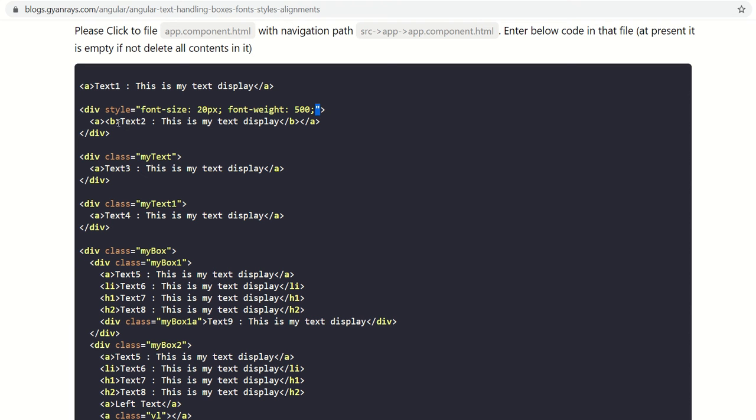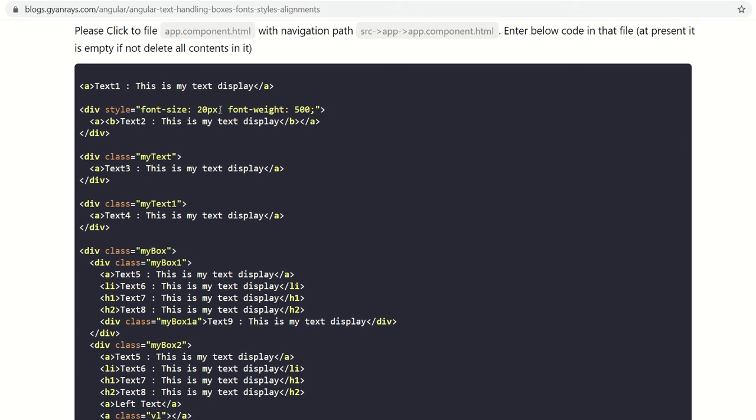Now we want to display this text 2 in a bold format, therefore we have updated it under the B and /B tag. In addition, we want to increase the font size. Font size should be 20 pixel. Px means pixel.